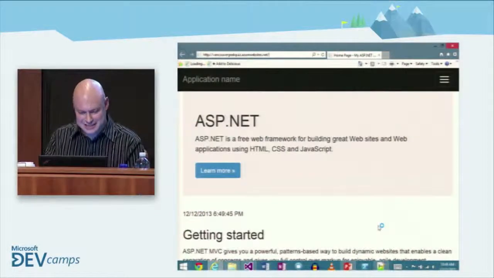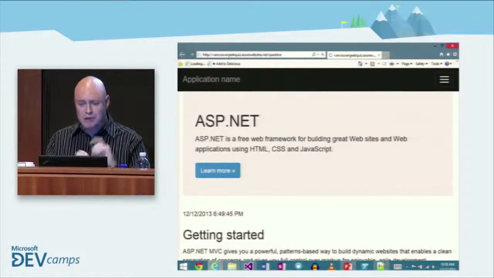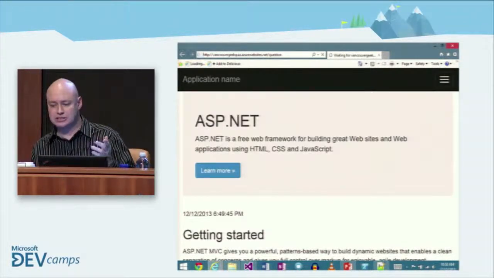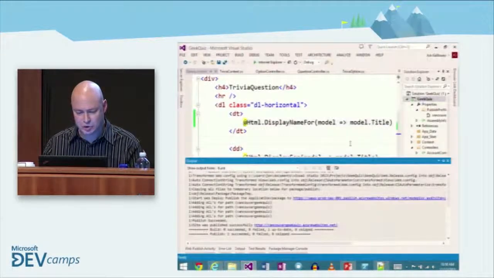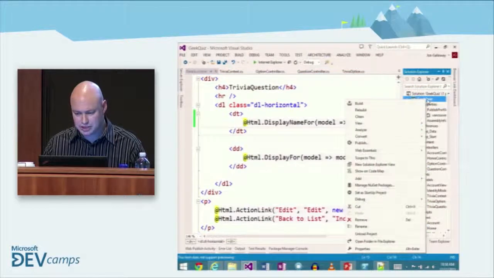All right, so let's check this out. That was weird. It deployed almost instantly the second time through. So now if I go to question, remember I screwed up my database, and so it's going to time out trying to connect to the database because I didn't give it the connection string. So I'm going to cancel that, and instead I'm going to go in and publish again, and this time when I publish,